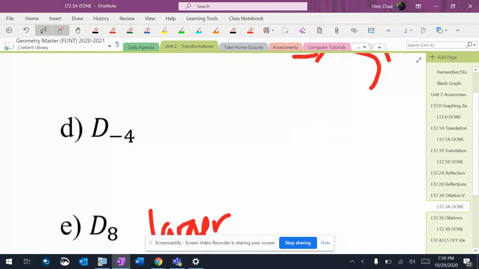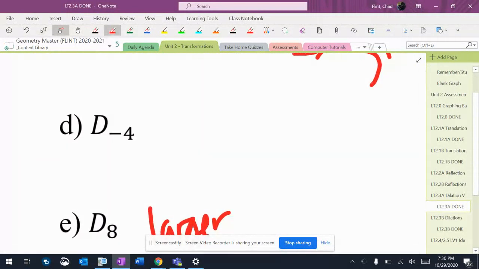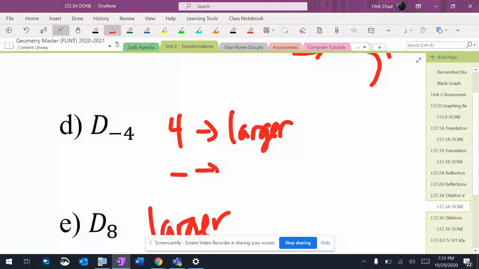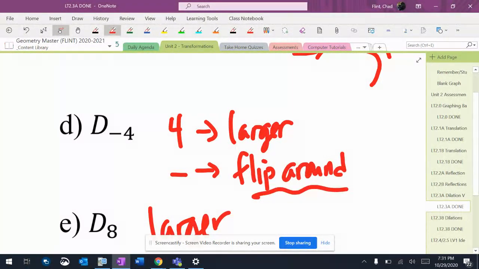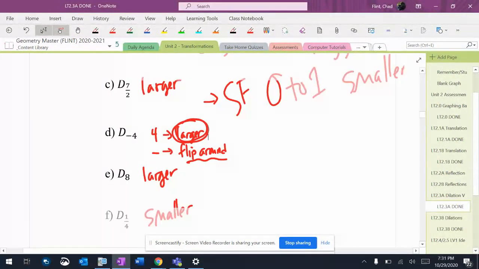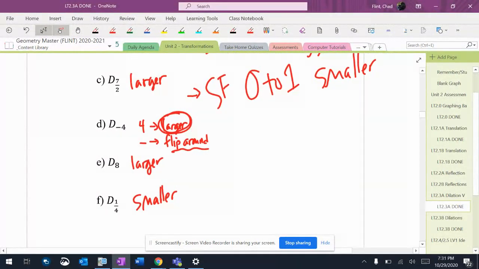All right, negatives, they're weird. You just look at the number itself without the negative. So the number itself is 4. That means it's going to get larger for sure. So that doesn't change just because it has a negative in front of it. What the negative is going to do is it's actually going to flip it around. And it almost does a reflection. So it flips it around. But the bottom line is that it's still going to get larger even if it's -4, because it's going to do the same kind of thing a 4 would do to